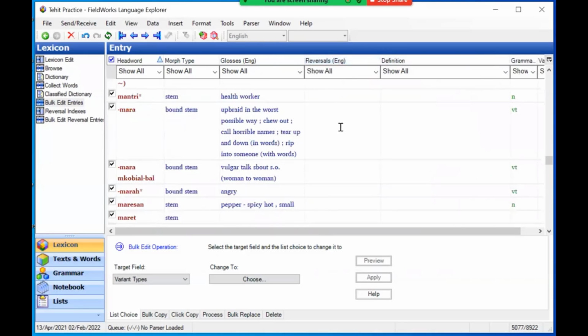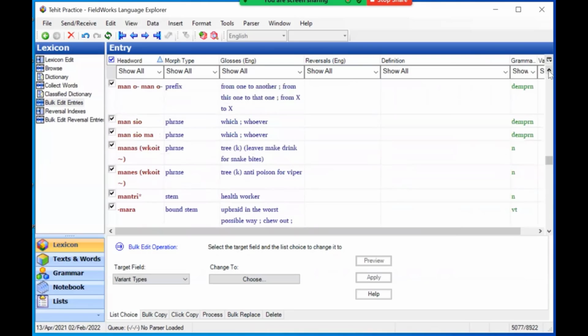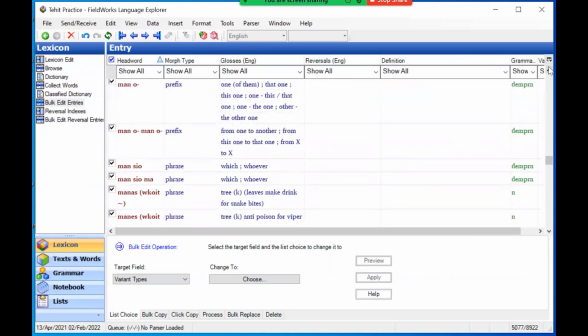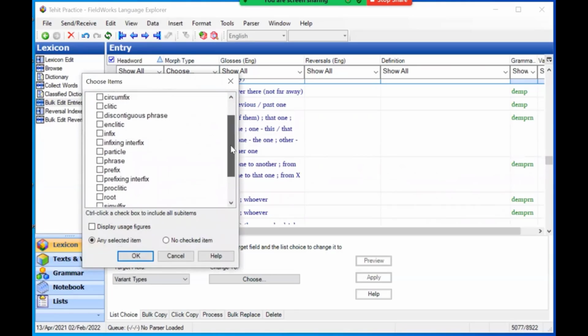So we could just copy everything, but I don't want to do that. We want to look for the entries that are most likely to be good candidates for copying. Now, as I look through my entries, I notice that I've got some prefixes here. Prefixes often don't get a reversal entry. And so the first thing I'm going to do is filter on the morph type field. I'm going to use the choose command. These other options also work, but with the choose command, it gives me a list of all of the morpheme